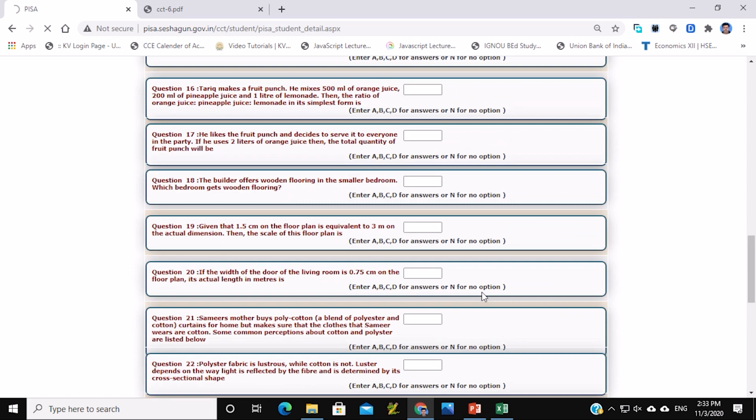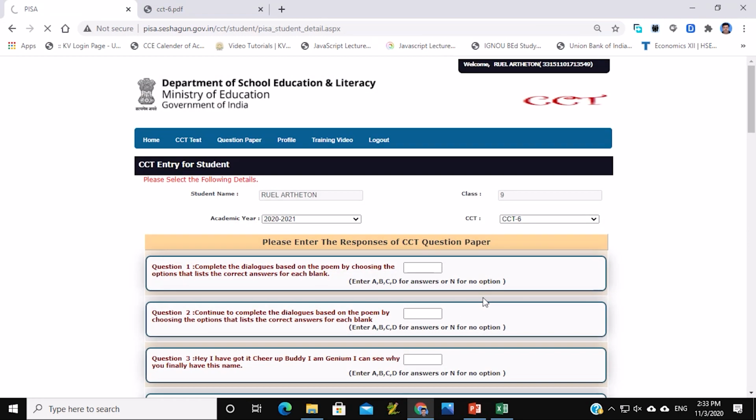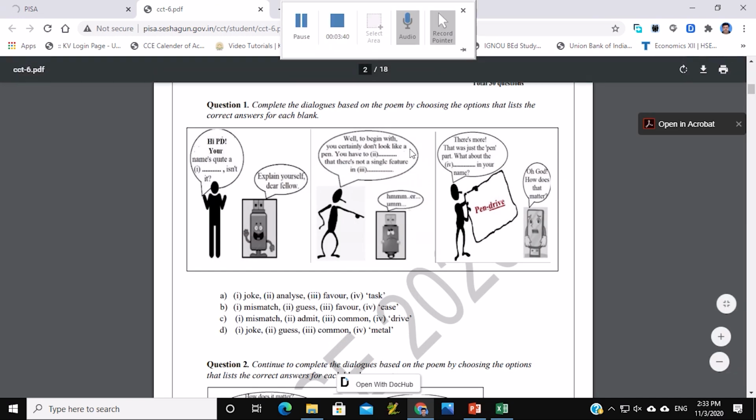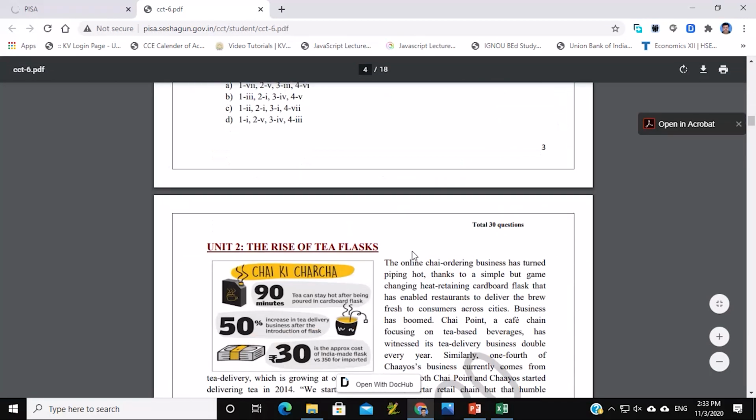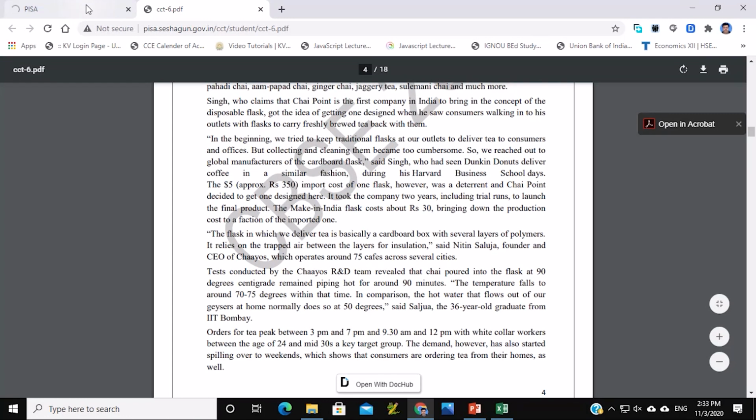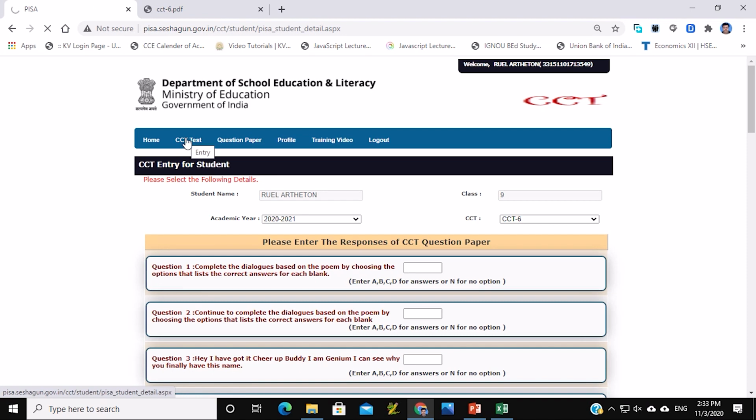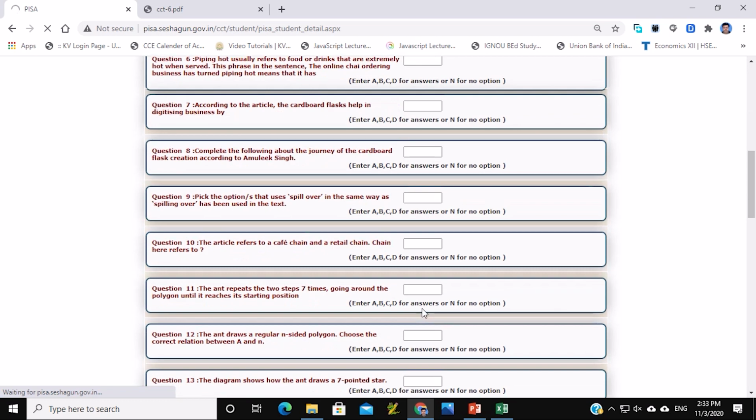So once again I am repeating for you what you have to do. First, we will open the question paper, okay. We will solve the question paper in our notebook. After completing in the notebook, we will go to CCT test, okay. There we will select academic year and CCT question paper, which one we are attempting, and after that we will enter the ABCD options, right.